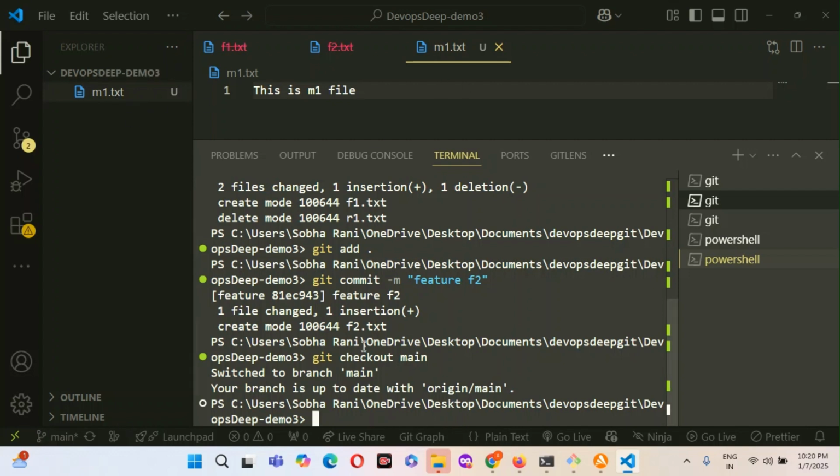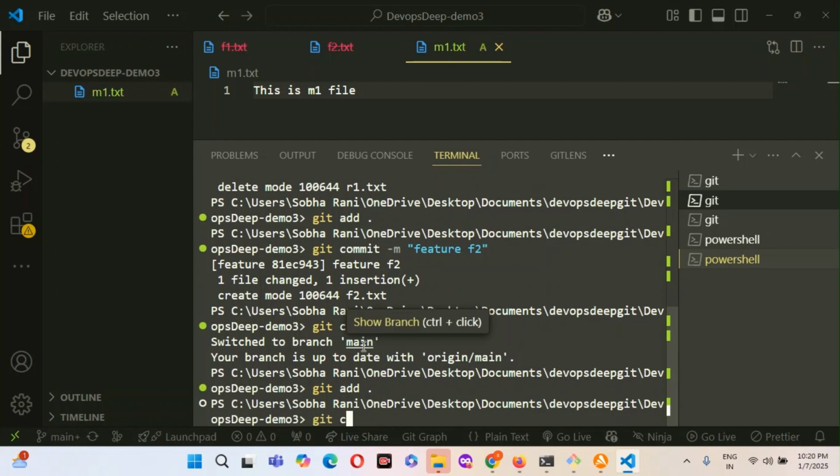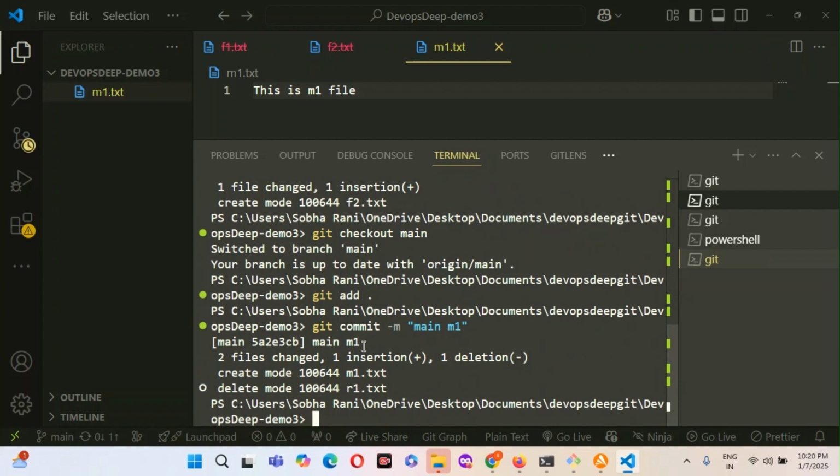In master branch, git add, git commit hyphen m main m1. So in master there is one file commit. In future branch, two files f1 f2 I committed. Okay.